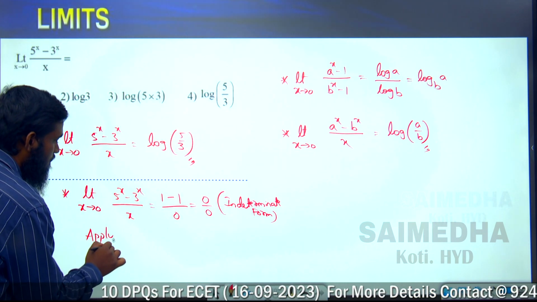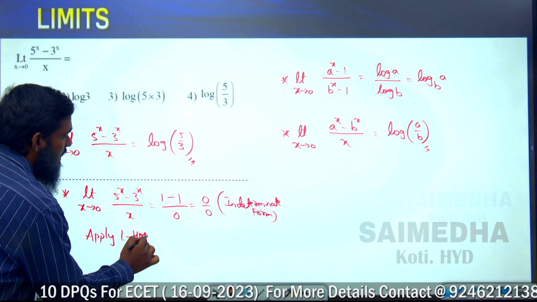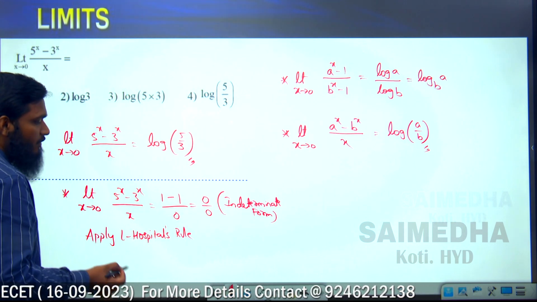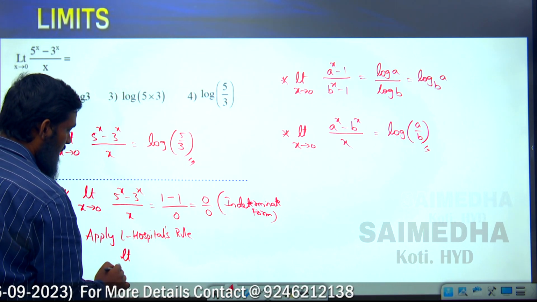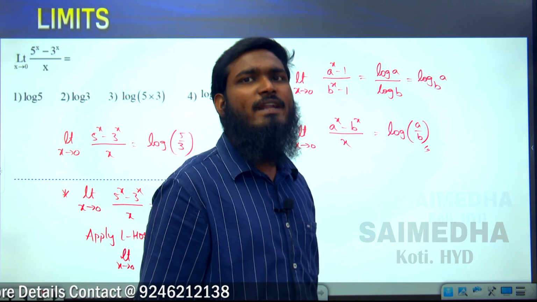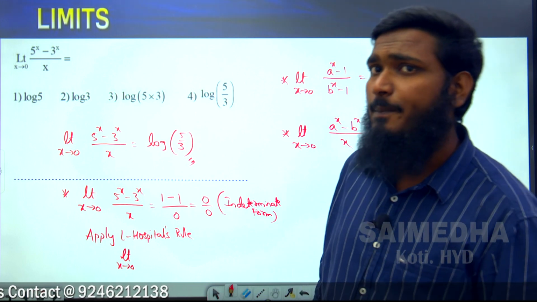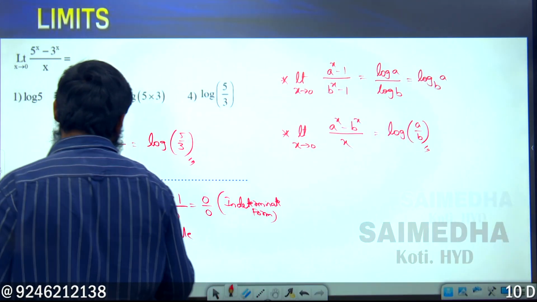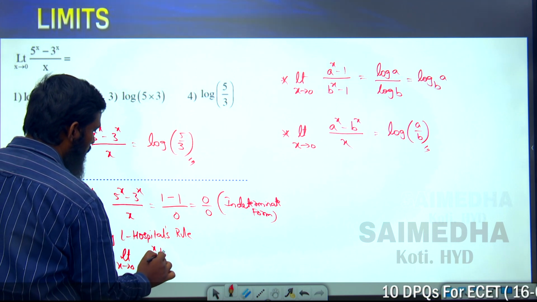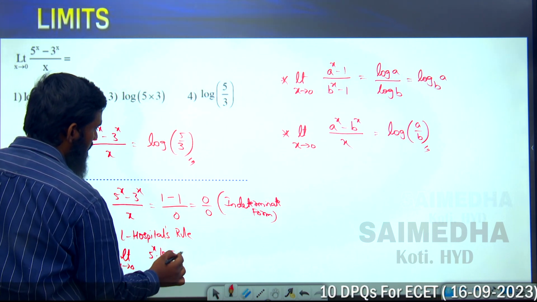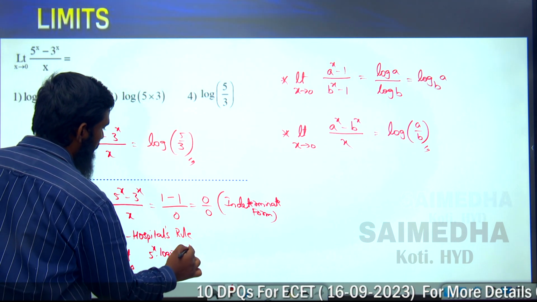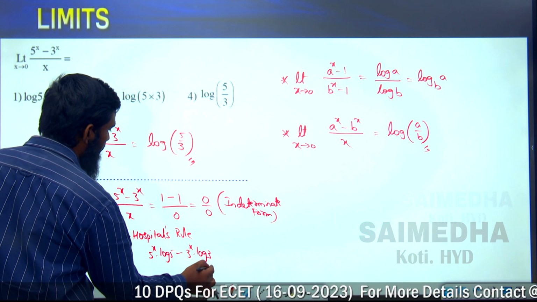Applying L'Hospital's rule, what we have to do is differentiate that part. So limit x tends to 0, 5 power x looks like the a power x formula. What is d by dx of a power x? It is a power x into log a. So 5 power x into log 5, minus, and similarly a power x into log 3,